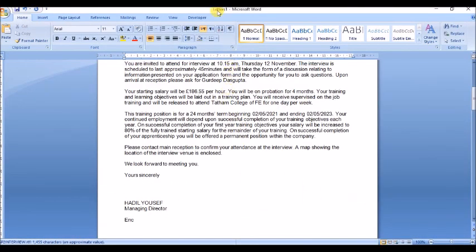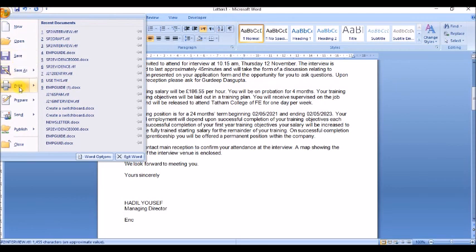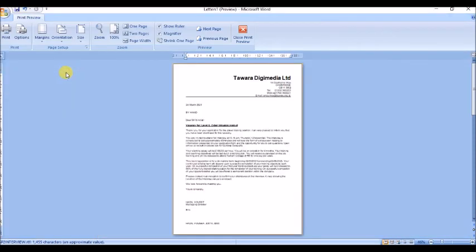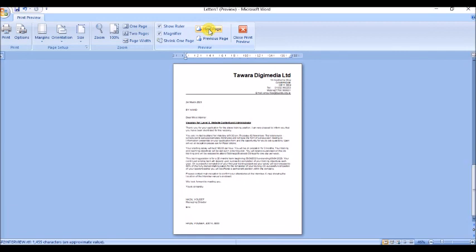Save these. Here the letters 1. You can just print preview. As you see, this is 1, next one, 2 and 3, you have the 3 letters, so you can just print and go to the next